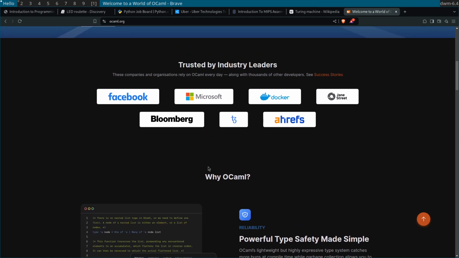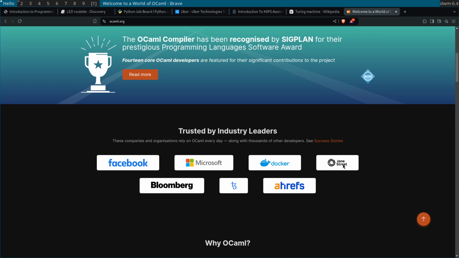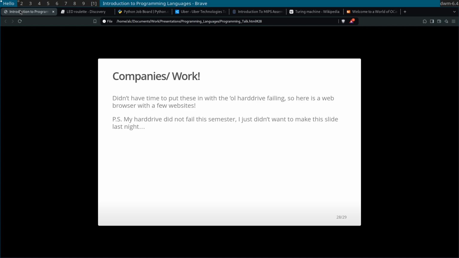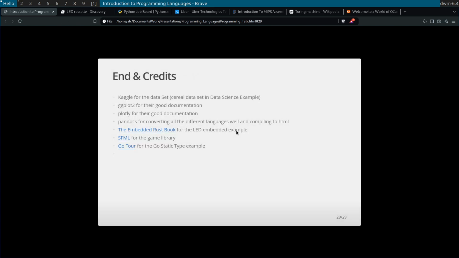If you go to Jane Street's website, I think they tell you that they use OCaml as well. So it's probably a really cool language to pick up, right? Because lots of you are looking for jobs. It's cool to look at the companies that you might someday be interested in working for and research what they actually use. So that's the end of this talk.